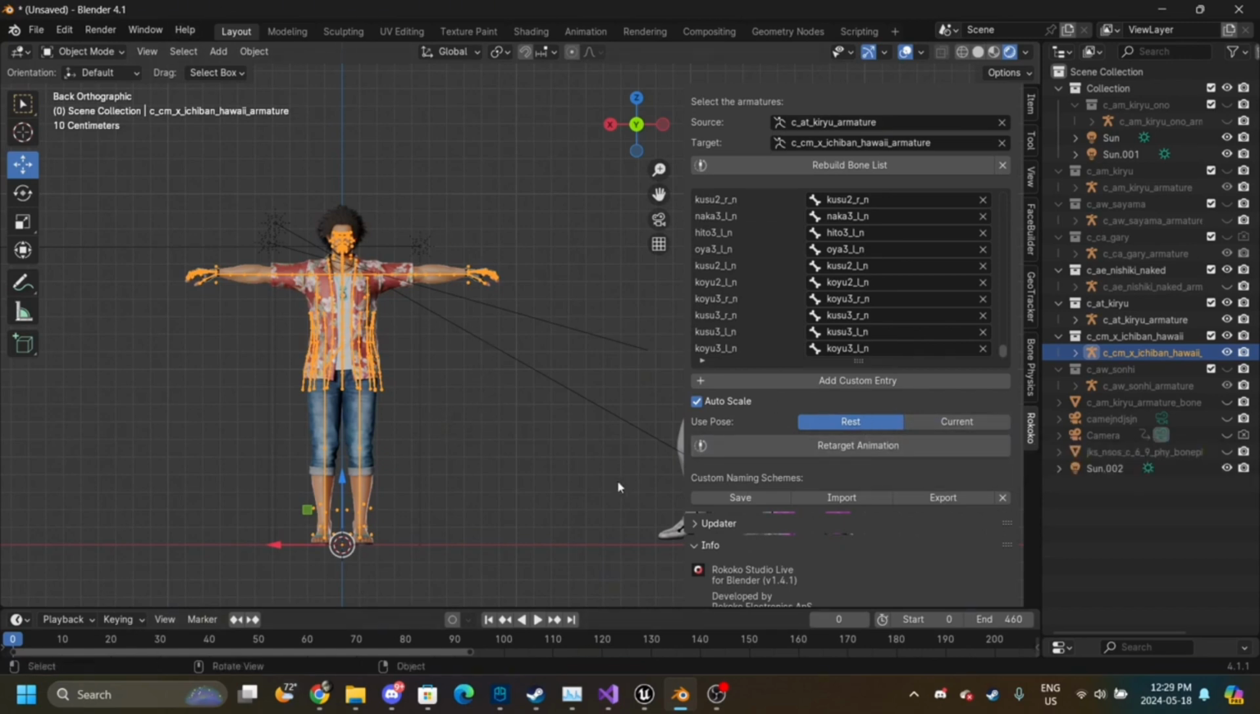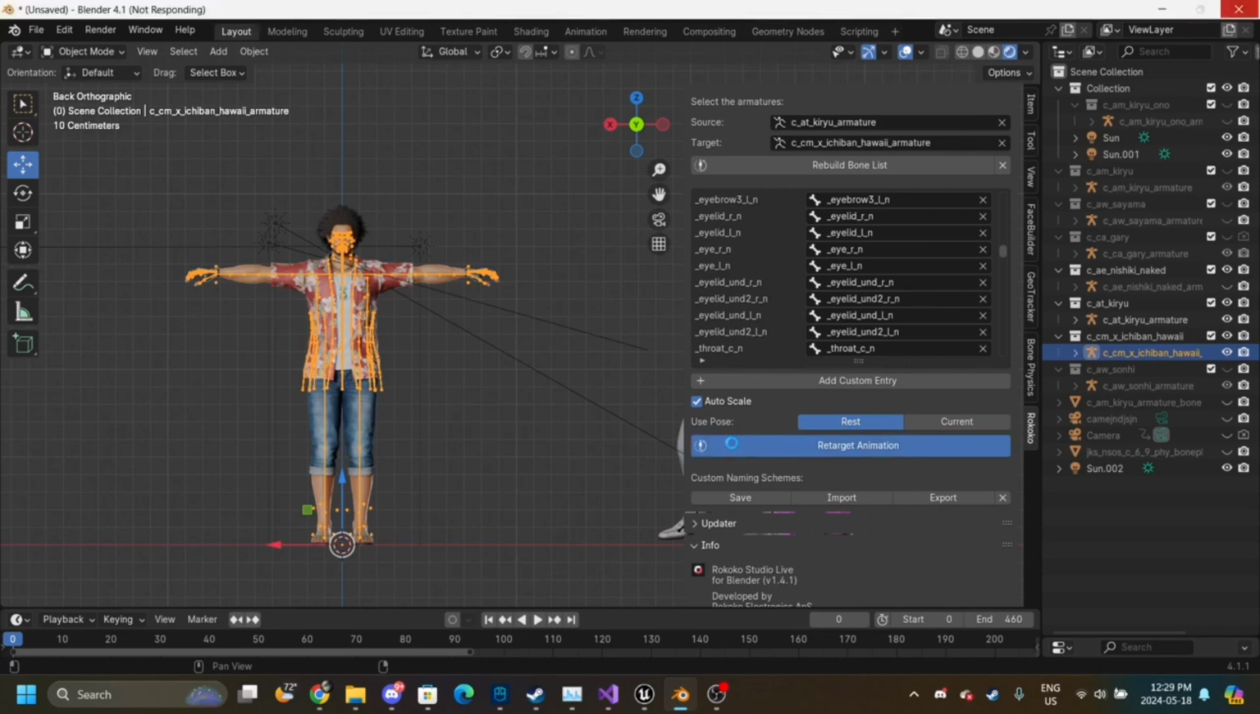So now we have to lock in. We want to use the rest pose. Don't click current, because it will mess up the animation and you'll have to restart everything. Now I want to retarget the animation. Now that you have everything selected, you want to retarget. If it gives you an error saying that 2 bones are using the same thing, you just have to make sure that those 2 bones are not connected. Once you press retarget, it will take the animation data from that and put it onto the other armature, like Ichiban's. I'm taking Kiryu's animation data and putting it onto Ichiban's, while making it look natural, unlike what would happen if I just straight up imported the GMT onto